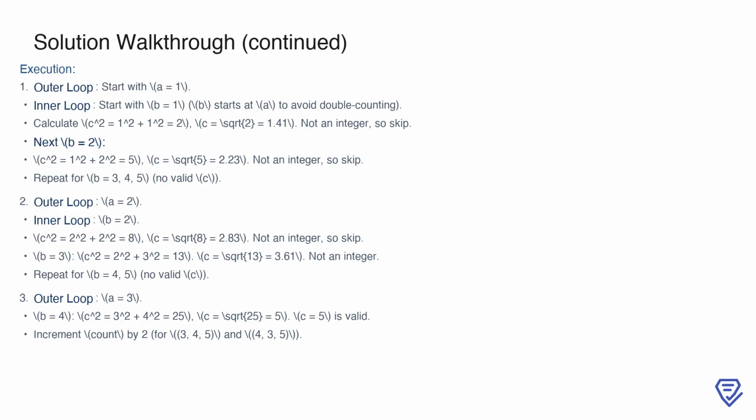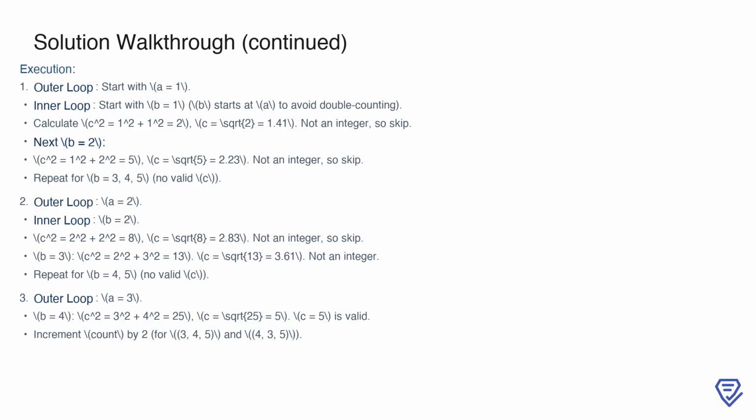Finally, with a equals 3, we calculate b equals 4, where c squared equals 3 squared plus 4 squared equals 25, and c equals sqrt 25 equals 5. Here, c equals 5 is an integer and within range, so we increment